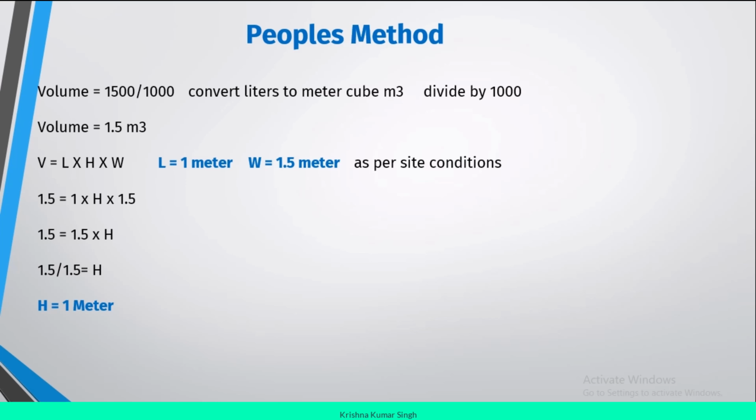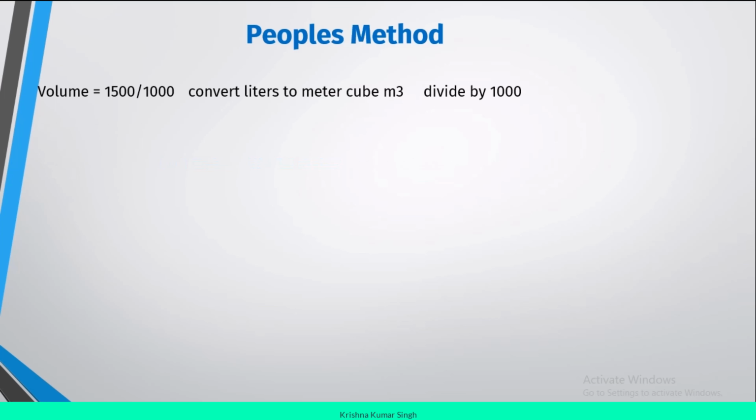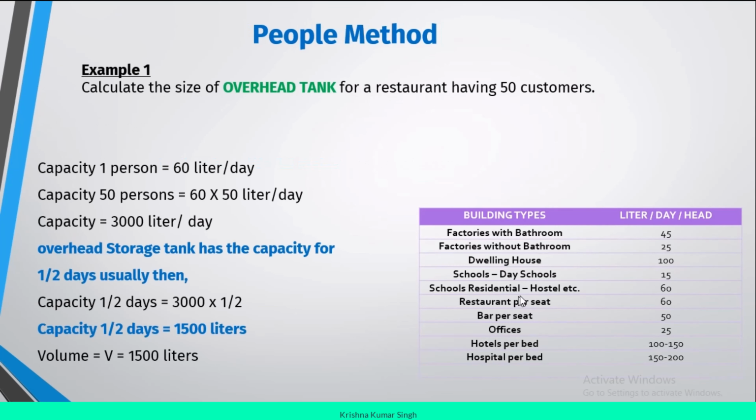Please remember, in this case this is overhead tank, so the capacity of overhead tank after getting from this table, you must divide the capacity by 2, sorry, multiply by 1 by 2, because the standard value of capacity is for half day. Okay,